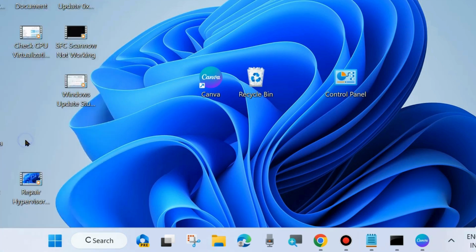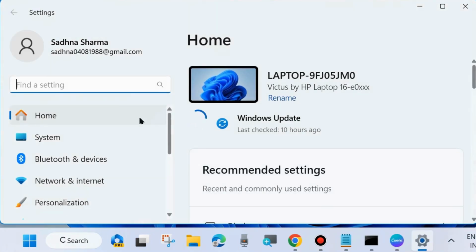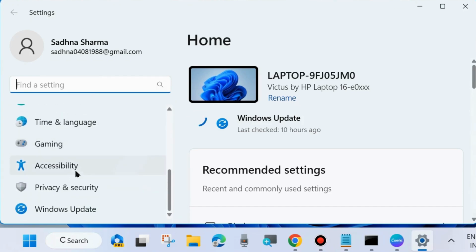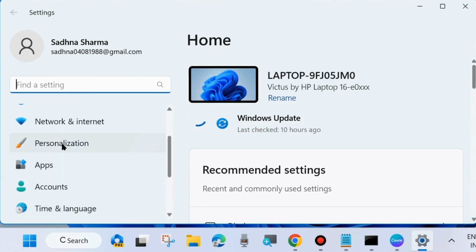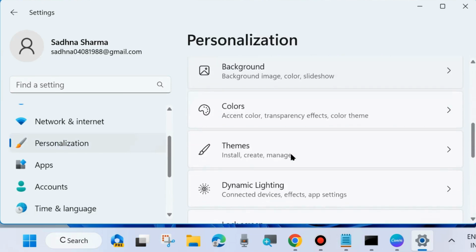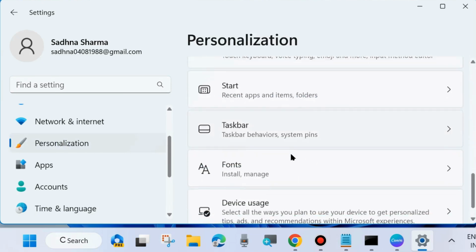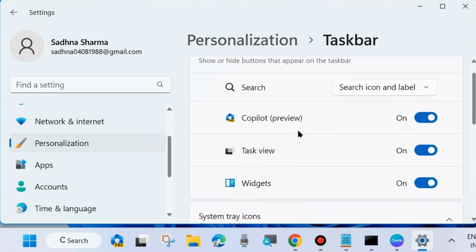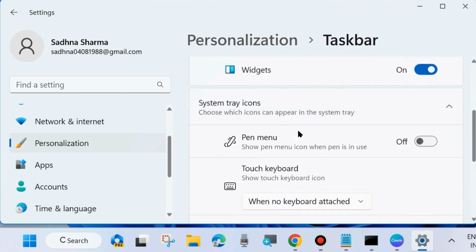The first workaround is to go to your Windows settings. Right click on the start button and choose settings. Here from the left side, go to the personalization section, click on it, thereafter go to the right side and here you will find the option taskbar. Click on it and here scroll down and you will find